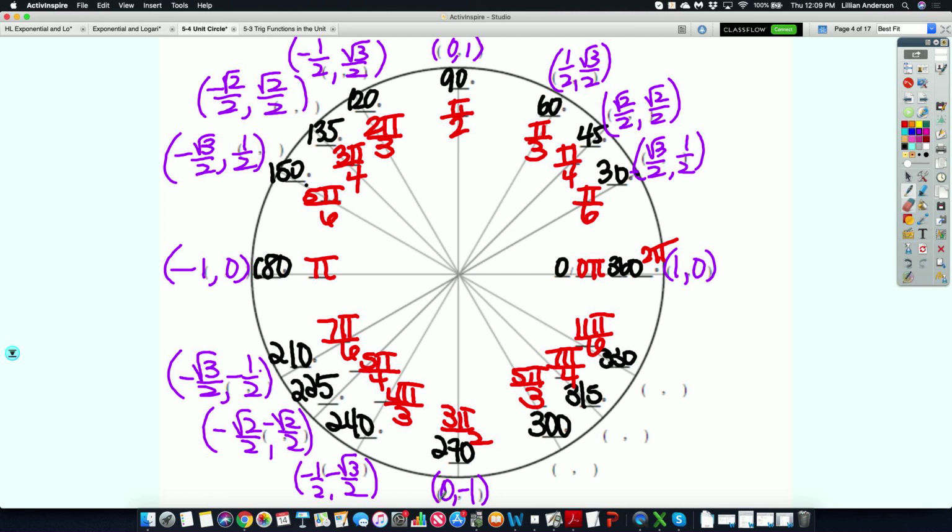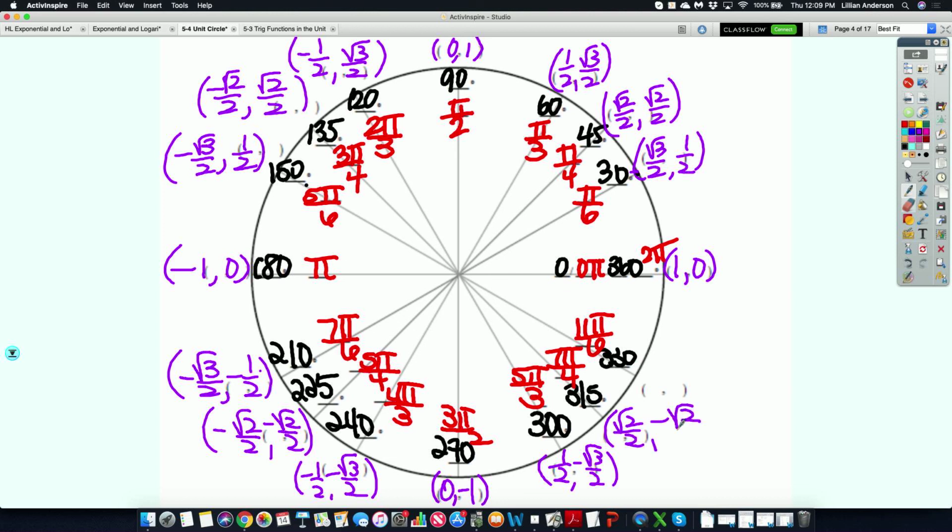And I continue all the way around. 300 matches up to 240. So then that's going to be 1/2, negative square root of 3 over 2. Only your y is negative. Your x is positive. Your x is positive. So then 315 is going to be